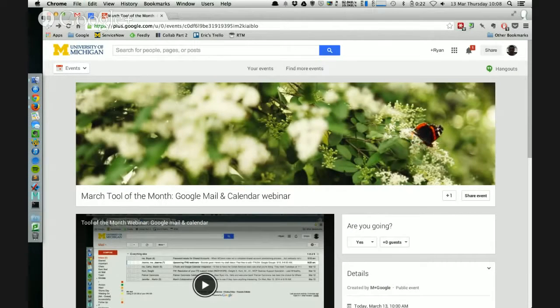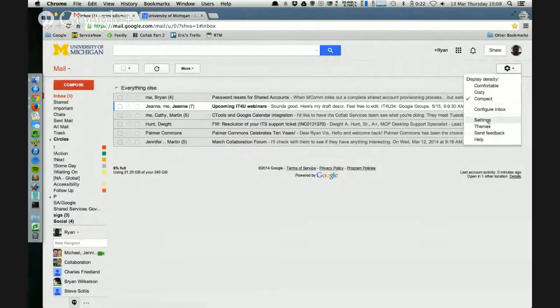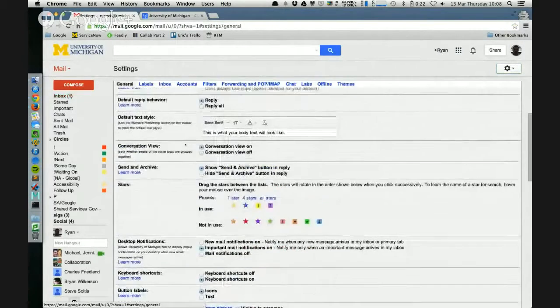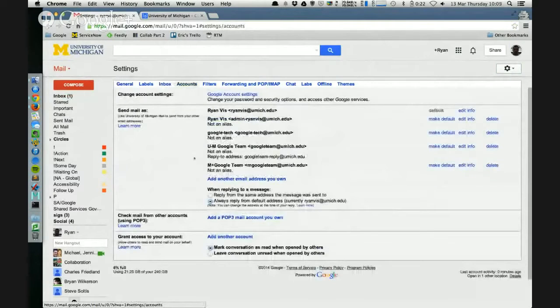Another way you can manage your access to a shared account is called delegation. Delegation actually happens in the mail settings. So this is just a standard mailbox. We're going to go to Settings and Mail. Probably seen this page quite a few times, but we're going to go over to Accounts. So I have a lot of accounts that I can send as, and we can talk about that as well.